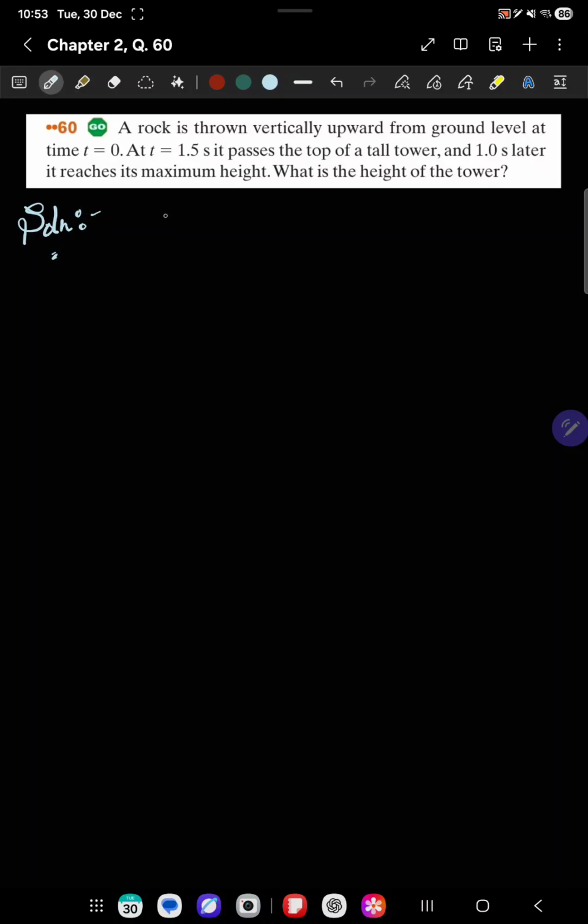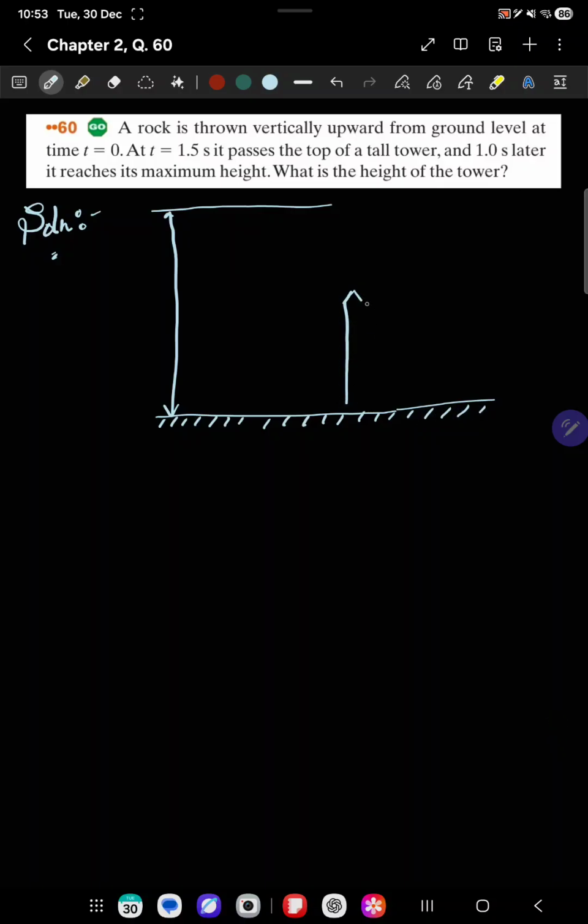So assume this is the maximum height, this is the ground level I am assuming, and this is the tower. I am assuming this height of the tower as capital H, and here at this point the time is